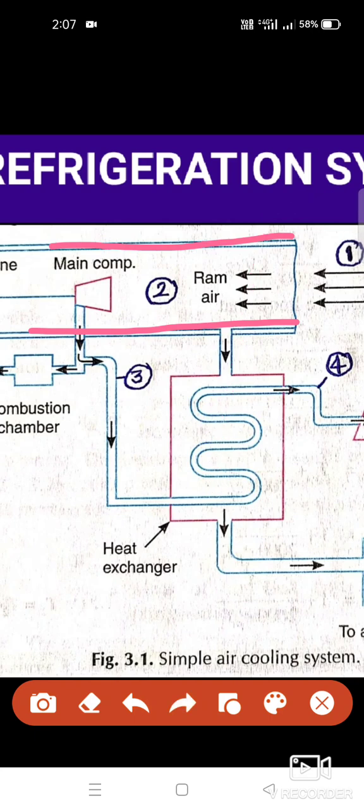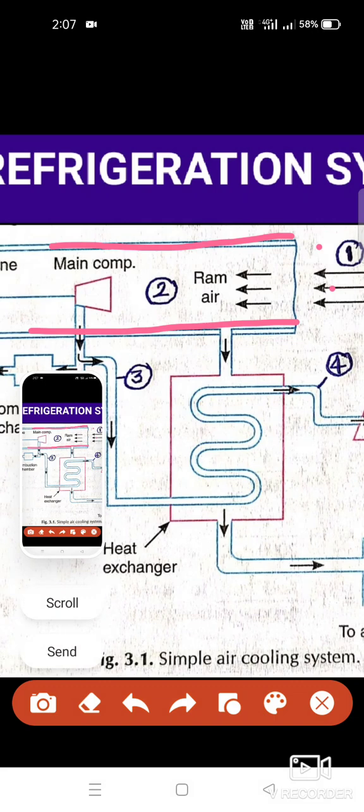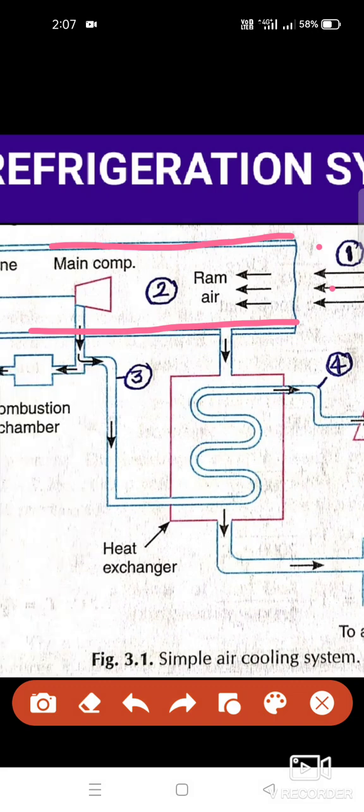Here you can see point number 1, where the air is taken in, and part of the air which is going to the engine,